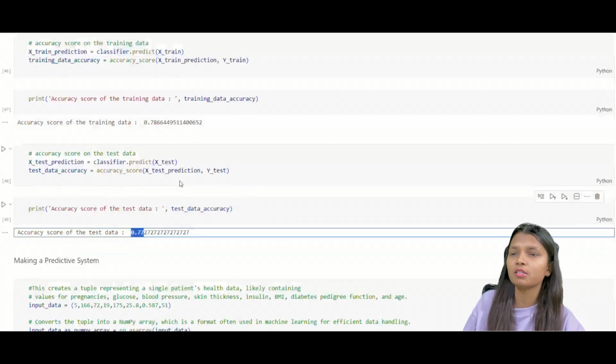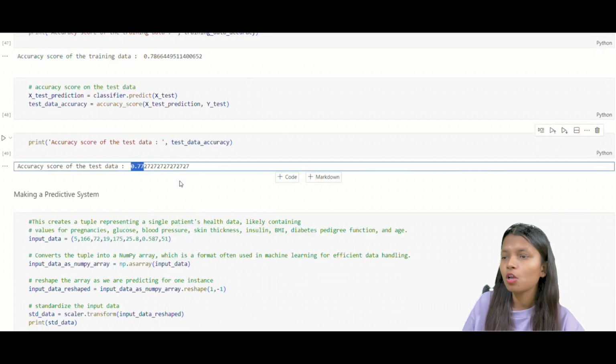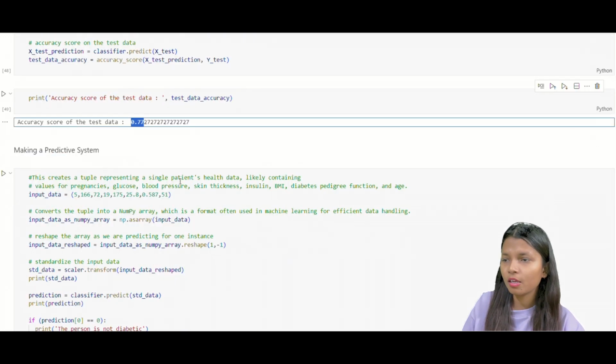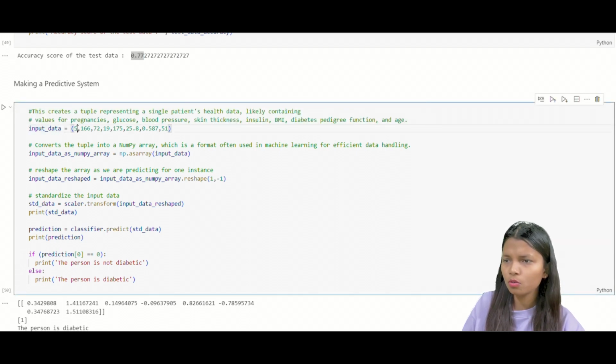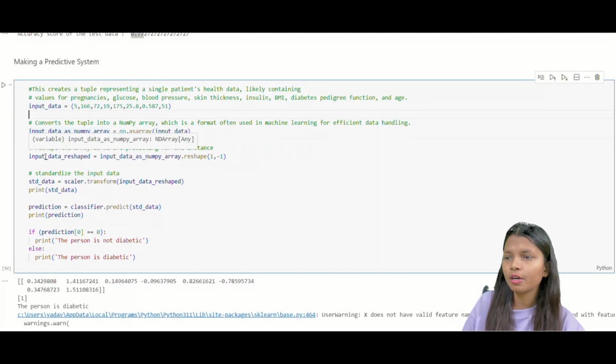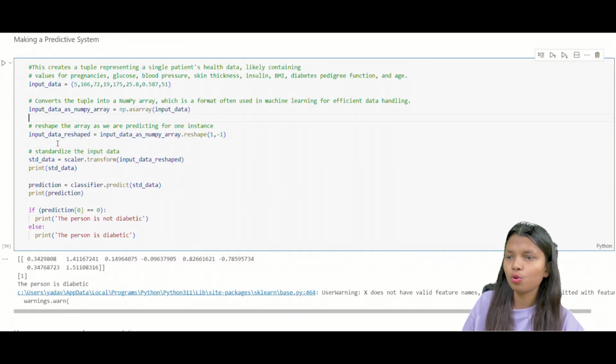Now it's time to test whether this model is working fine or not. So what I have done is I have created an input variable, and in this input data variable I have written different random values for the features like pregnancy 5, glucose 166, blood pressure 72, skin thickness 19, and so on. Now I have to see the input data as a NumPy array. So I have to convert it into the NumPy array. Using the NumPy library, I will do it. Then I have to reshape it. To reshape it, there is a direct function called reshape, and then you have to write down the